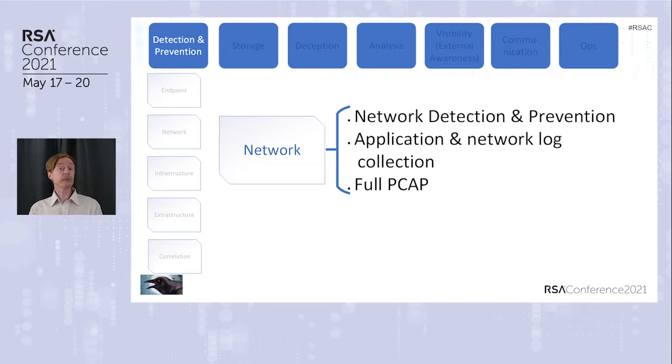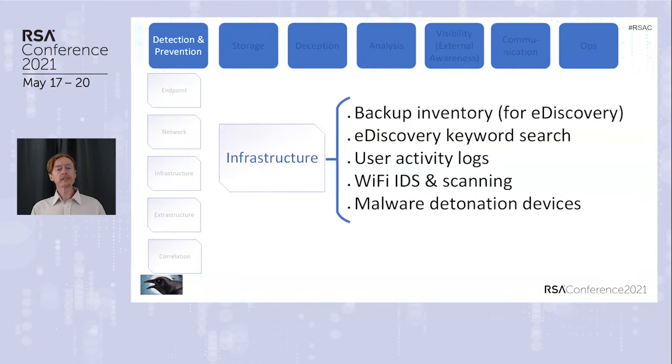I will collect my logs across all of my network assets, and I might have a lot of different types of applications that actually run on my network that I need a way to instrument. Maybe you have full PCAP. If you do have full PCAP, I hope you also have TLS intercept. In terms of the infrastructure, all of the stuff that allows us to run our network needs to be instrumented for our SOC. If you haven't thought about e-discovery, please think about that.